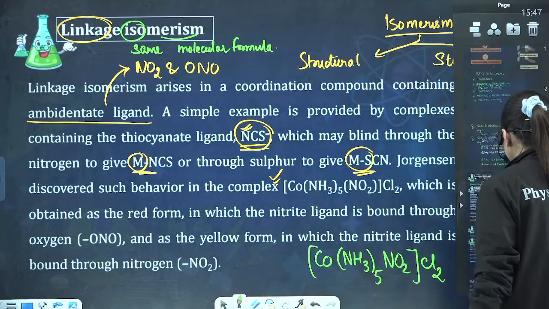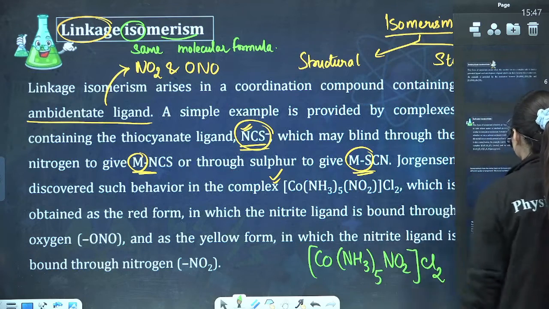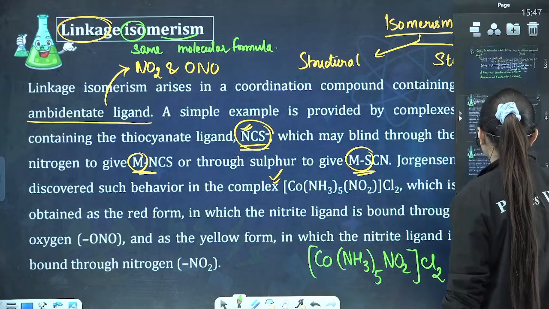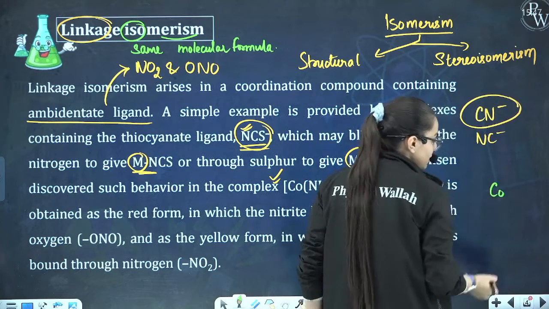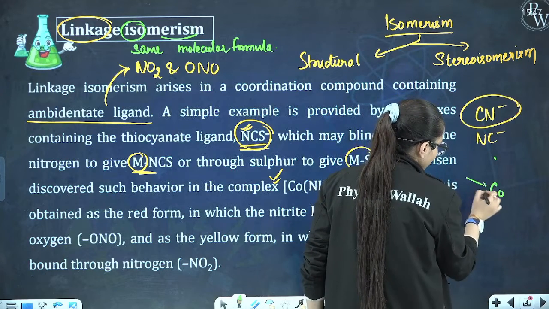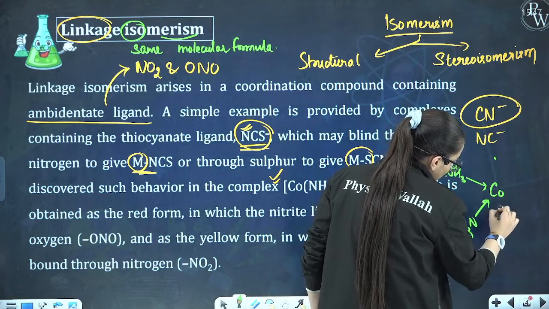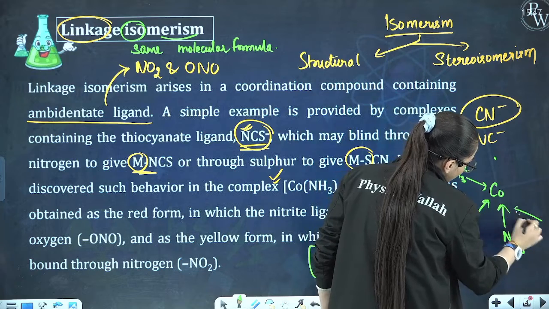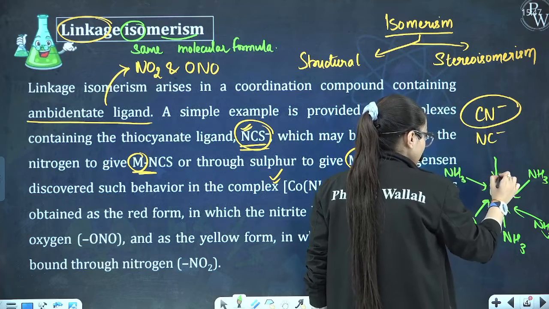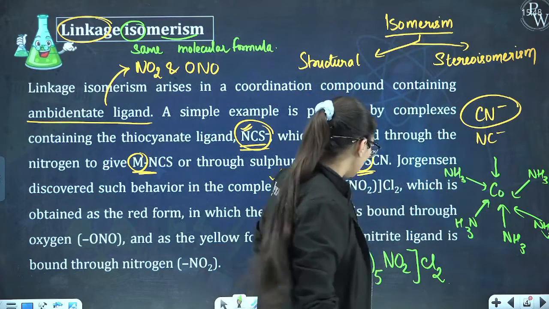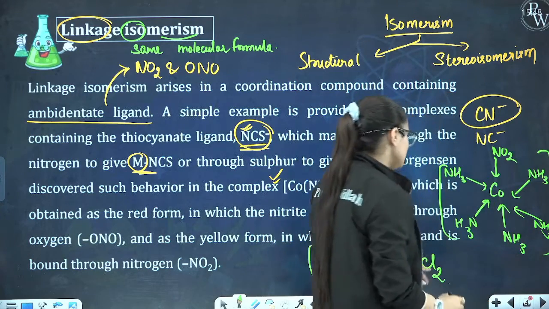What will be the coordination number over here? Ma'am, the coordination number shall come out to be 6, because 5 NH3 and 1 NO2. Now let me draw it over here. For example, this is your cobalt. The coordination number is 6, so an octahedral kind of geometry will be exhibited. Over here 5 NH3 are being linked and 1 is NO2. Here nitrogen is making a bond. Also there are counter ions such as Cl2 which are present outside.